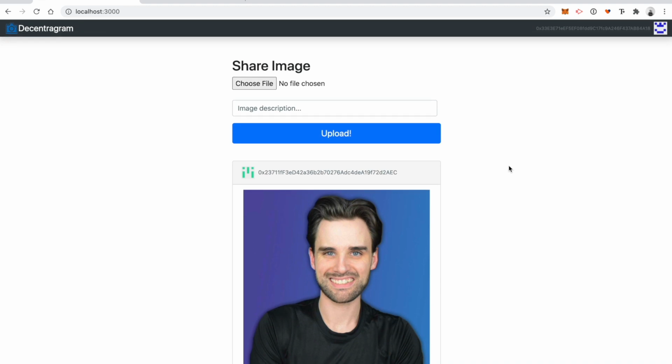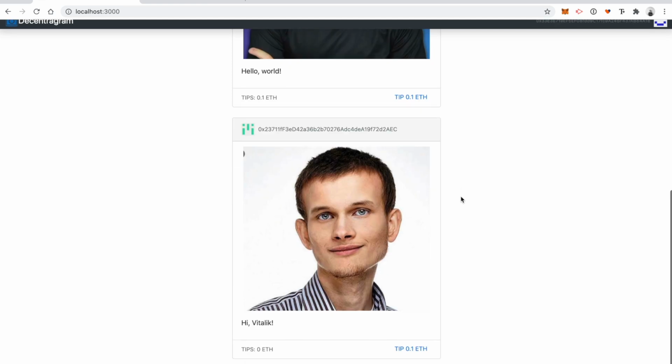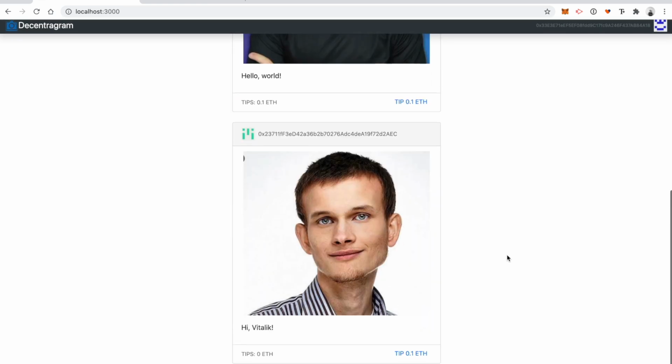So that's it, everybody. That is a decentralized image sharing platform, basically an Instagram clone called Decentragram. So congratulations. You've written a smart contract, you put it on the blockchain, you've written tests against it. You have done React.js, you've used IPFS. This is an unstoppable